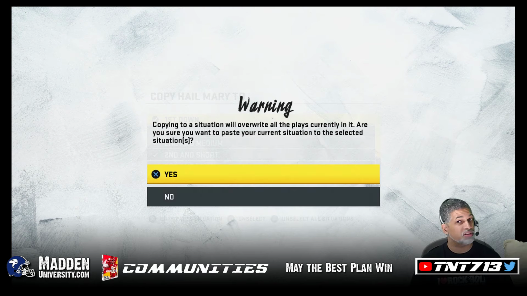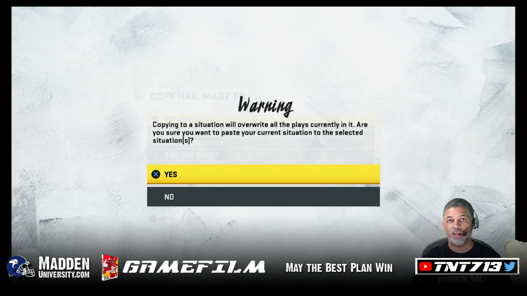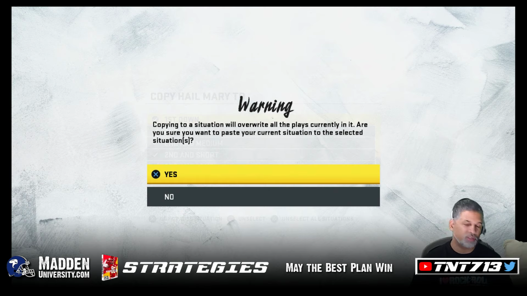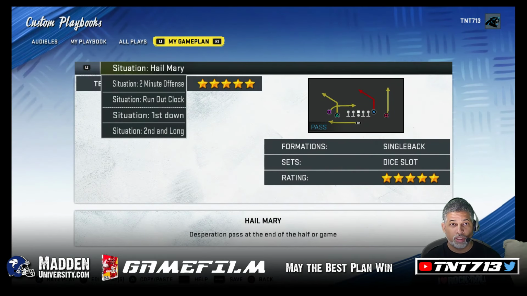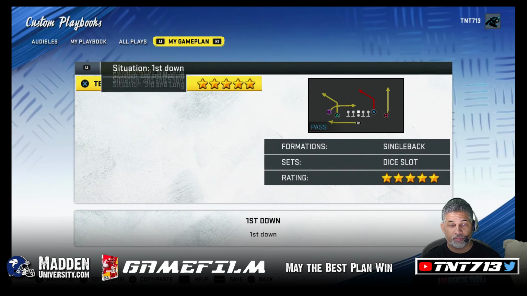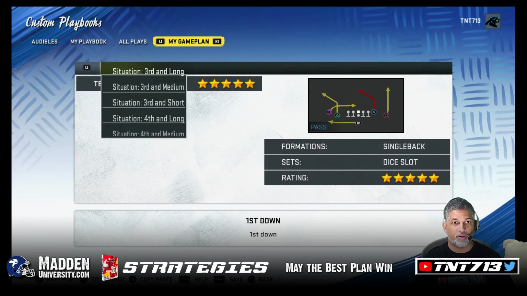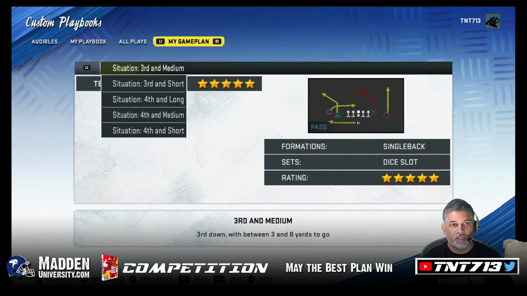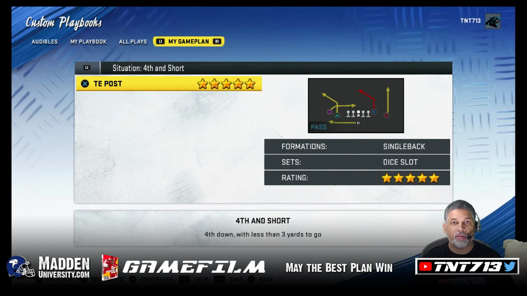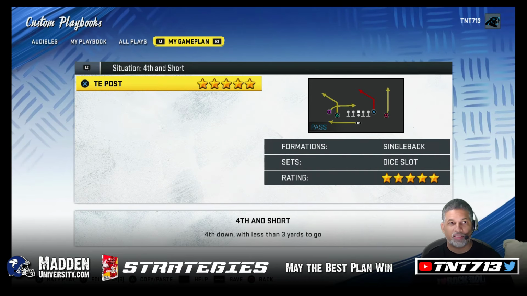It's saying, hey, this is going to kill everything else that you have, and you're going to only have one play available for all the other situations. One play on first down, one play on second, one play on third, all that good stuff. That's what we want. We want to lock this play in. So now when we go to what's my first down play? It's my base play. What's my third and medium? Well, that's my base play. What's my fourth and short play? That's my base play. And what this does is it locks it in, so we can't delete this play now